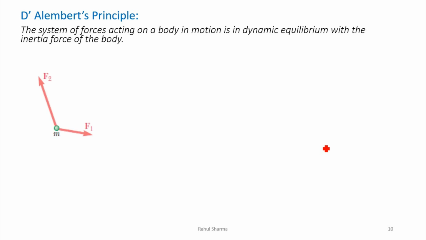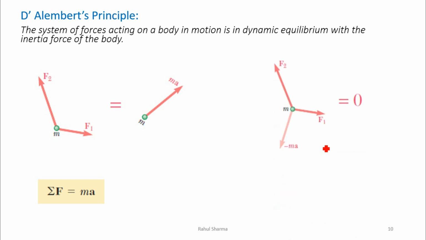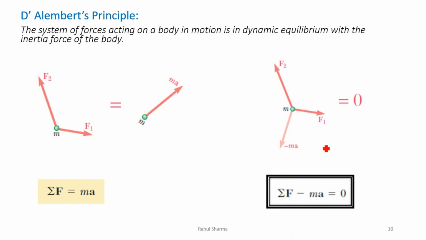The system of forces acting on the object in dynamic equilibrium with the inertia force of the body. Means the same system I am taking, F1, F2, the forces acting on this object particle mass m. We are writing the equation summation F is equal to mass into acceleration. So D'Alembert's principle says that if we apply this force,